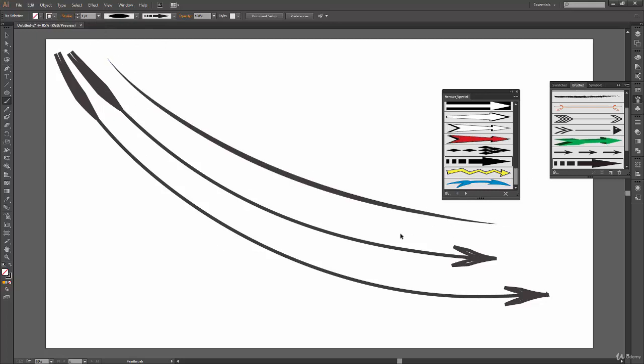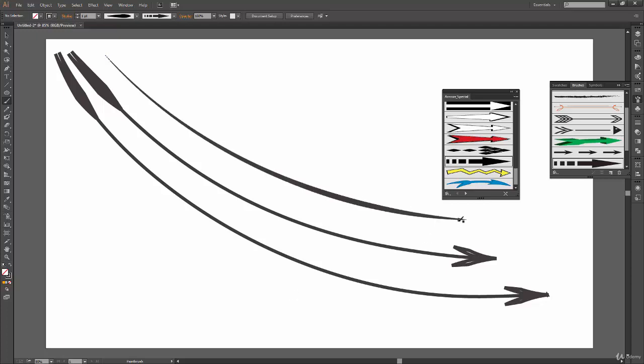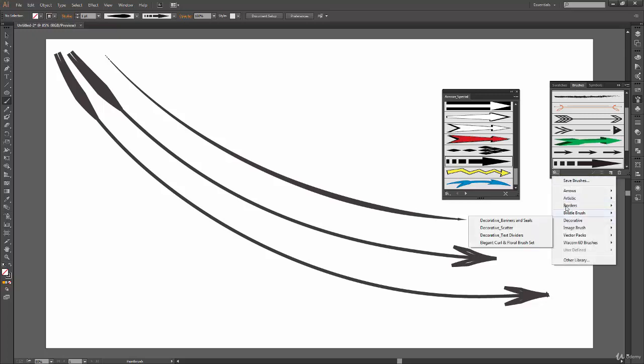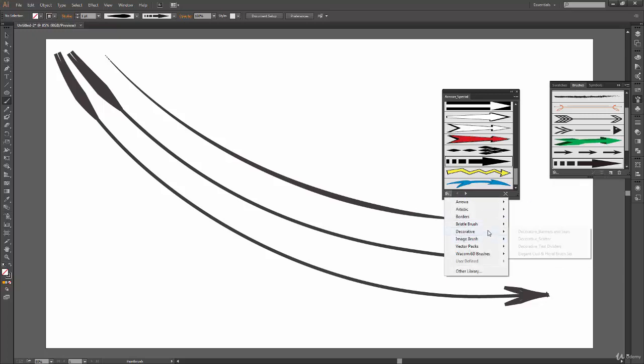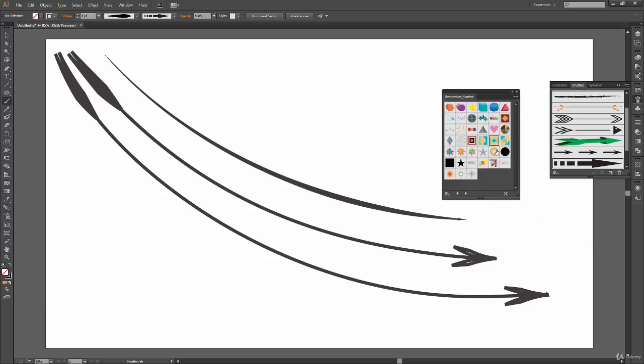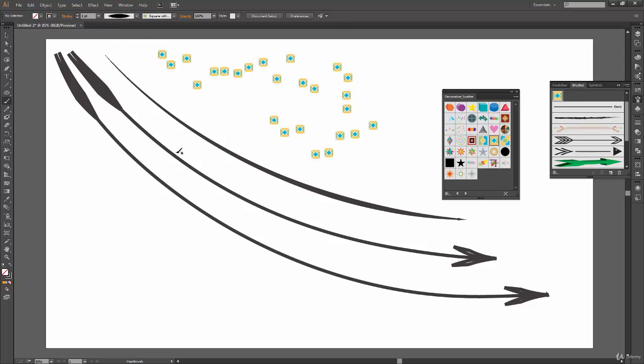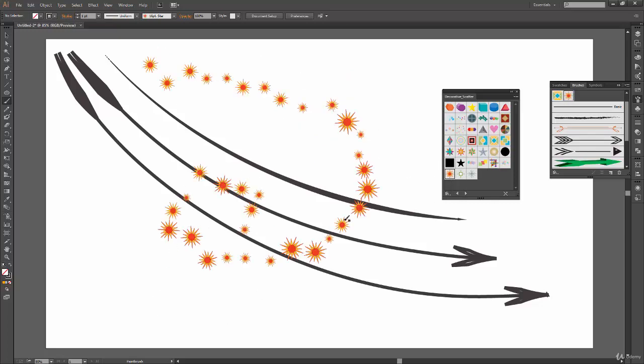Okay, this arrow is not visible at all, so just click over here, and now you can see this arrow a bit. Furthermore, we have so many libraries, like we can go over here and go to decorative and go to scatter. When you select any of these, let's say I select this brush and any width profile, and when you draw something, you get this scatter result. If you want to create some kind of sparkle, it will just go along with your stroke. So you have your stroke over here, and it's just a scattered result.